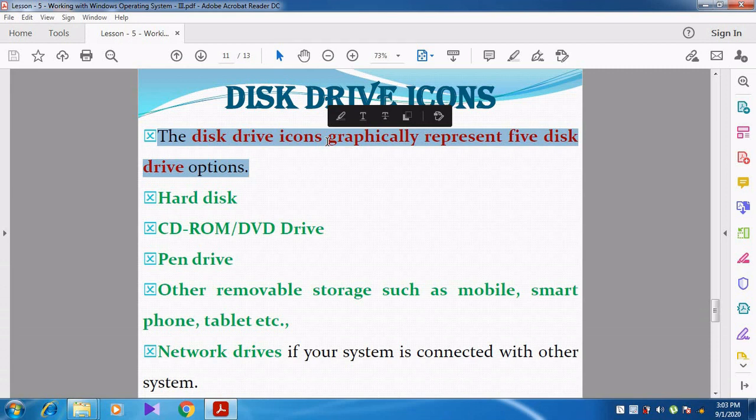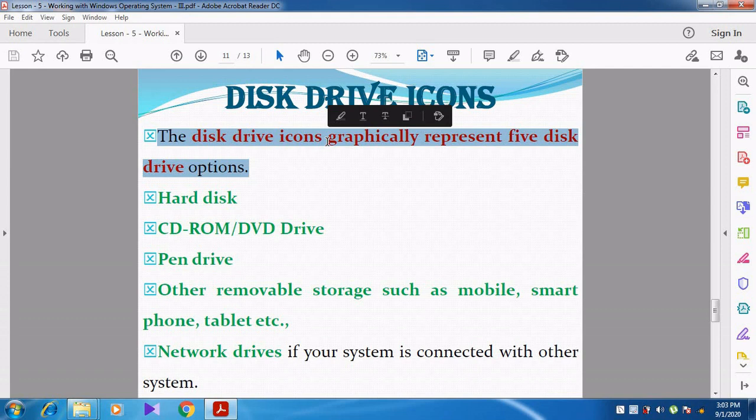So these are the disk drive options: the hard disk in your system, local disk C, D, like that; CD-ROM; pen drive; and other removable storage devices such as mobile, smartphone, tablets. These are all disk drive icons.